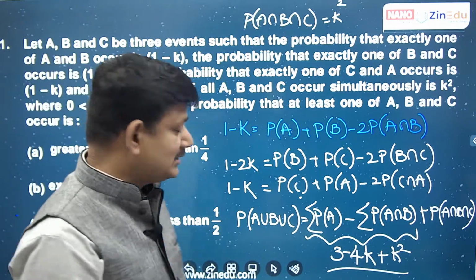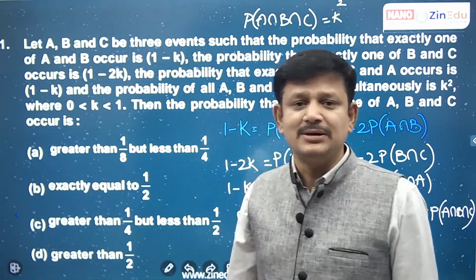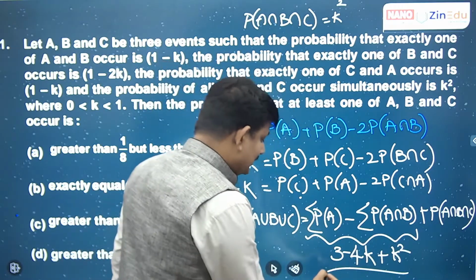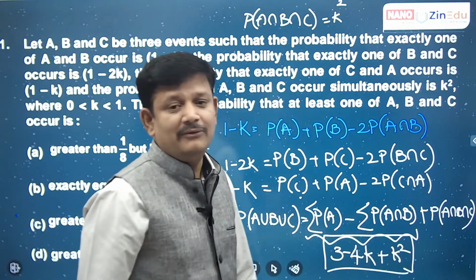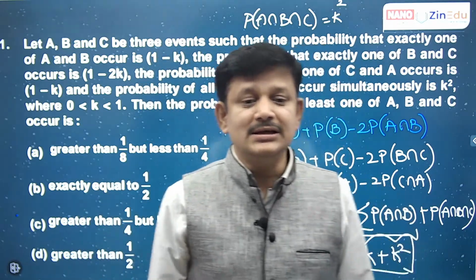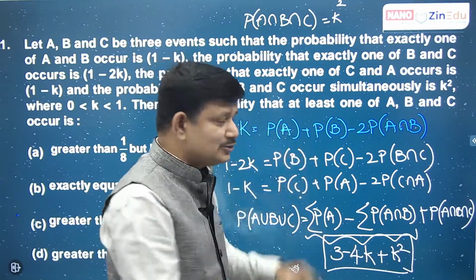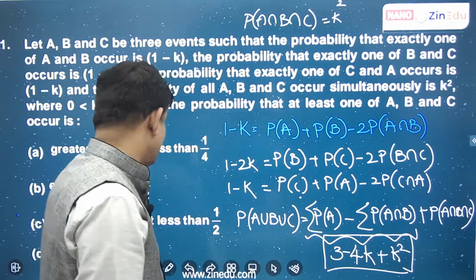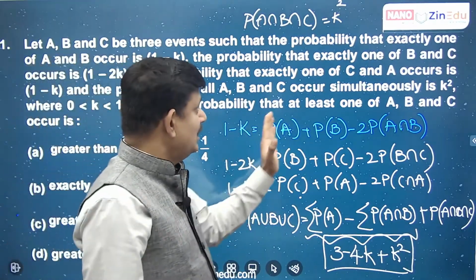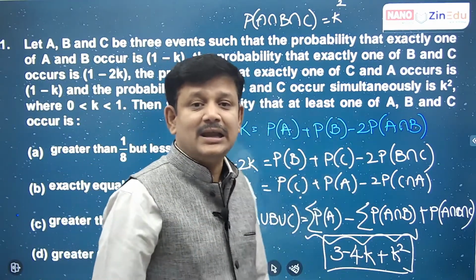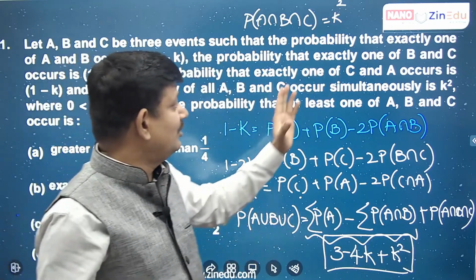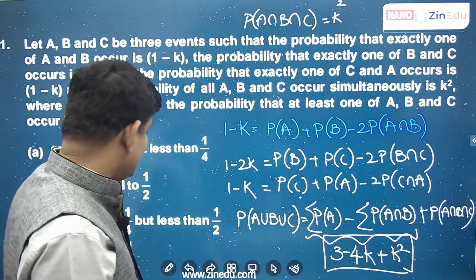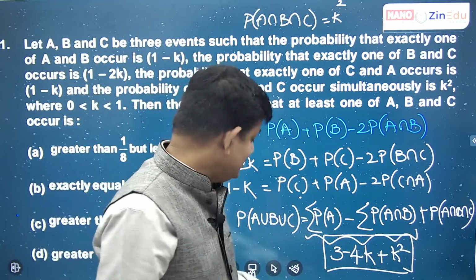So he is asking whether this is greater than some number or less than some number. You have a simple quadratic expression whose maxima and minimum values you know. And here K is a quantity between 0 to 1. So our focus should be only between 0 to 1. So very easy to answer this question. The only thing in this question is you just have to mathematically write the meaning of exactly one of C and A, and all of ABC, or exactly one of ABC. If this mathematical notation you are clear, then this question will be a simple question to you.